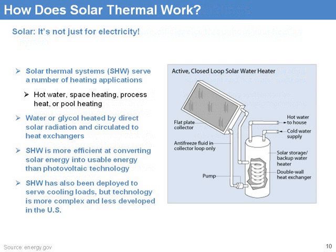I'll just give a quick background. I'm Allison Kling. I'm with the City University of New York. We've been working since about 2006 with the city and the U.S. Department of Energy and several other partners to strengthen the solar market in New York City,